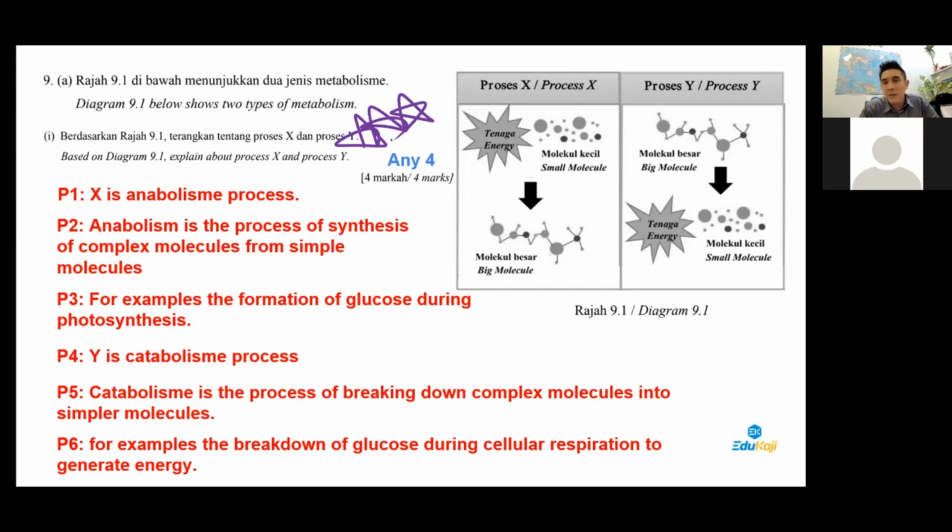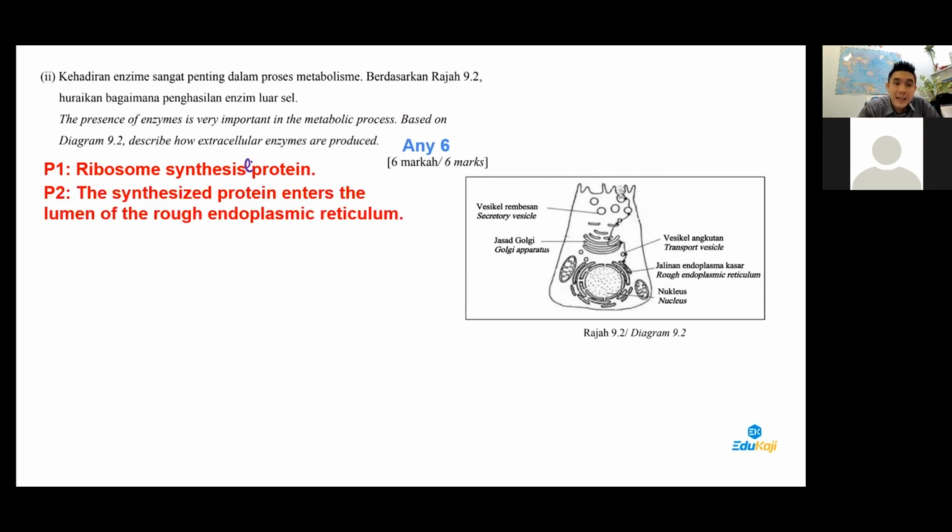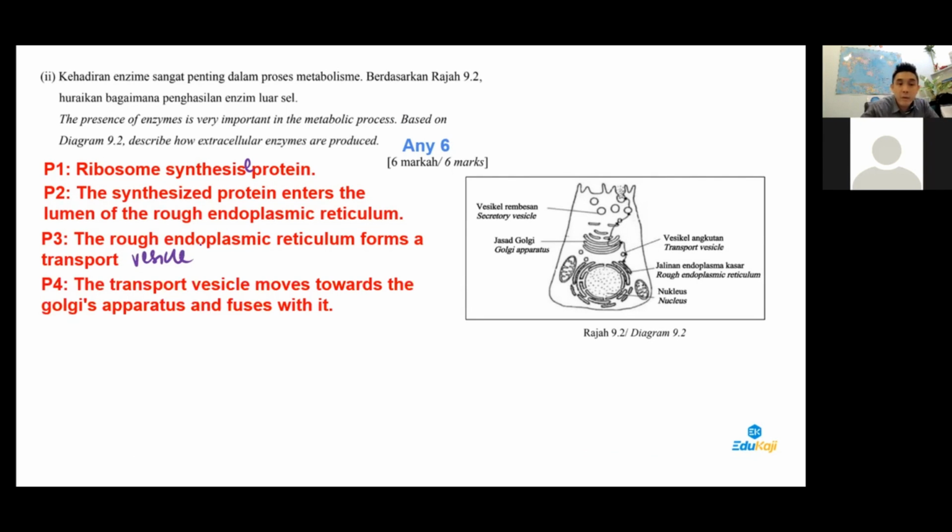In fact, even the next one, guys, it's so direct. I don't quite get why you wouldn't want to choose this. Guys, this is formation of extracellular enzyme. I'll just go through real quick because there's nothing out of the blue. Ribosome synthesizes protein, enters rough ER. It forms a transport vesicle, which will carry